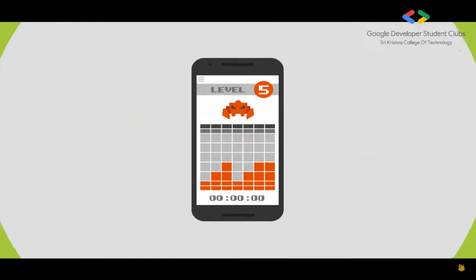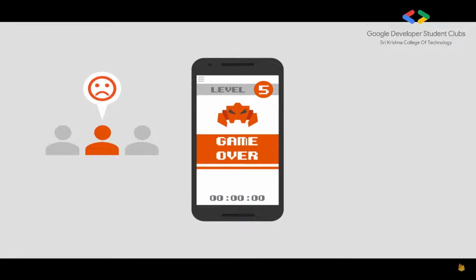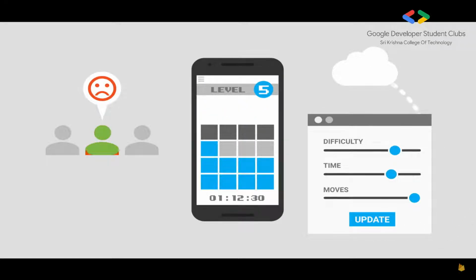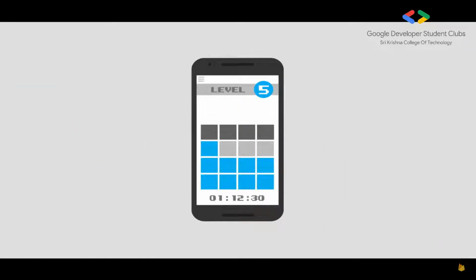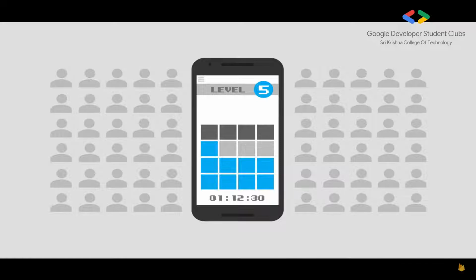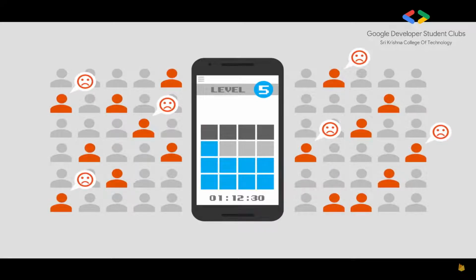Or, let's say you've got a puzzle game and you're hearing complaints from your players that level 5 is too hard. If you've configured your app using Remote Config, you could tweak those settings to give your players a few more turns and push out that change to the world. But hang on, are you sure that's the right thing to do? What if the silent majority of your users actually enjoy the challenge of a more difficult level? And by making it easier, you're going to turn away your most hardcore and potentially